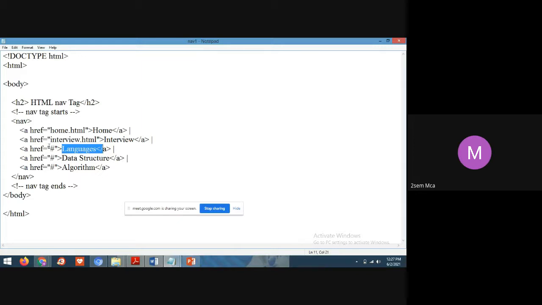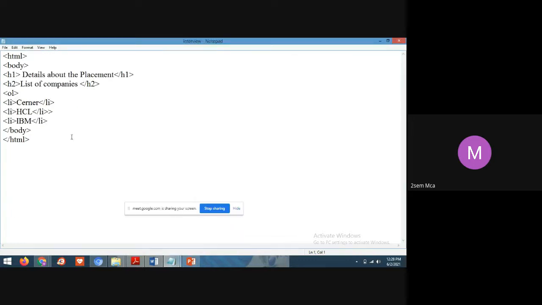Create one page with the language details. Give here the file name. Give some information about the data structure and give here the same file name by which you have saved your program. Like this, if you give the address, if you give the reference, it will open. Actually, here I have not closed the ordered list.